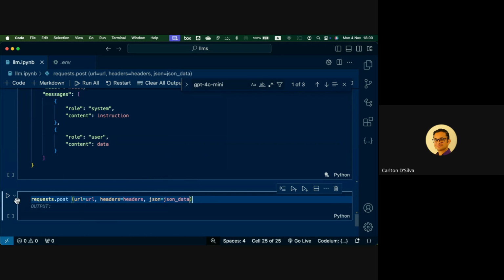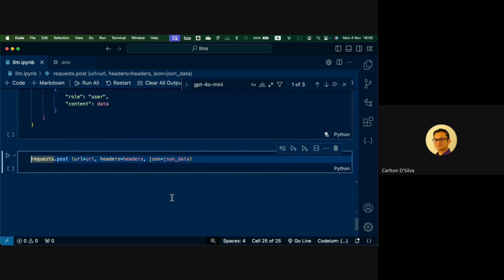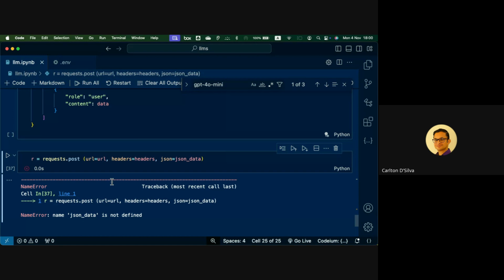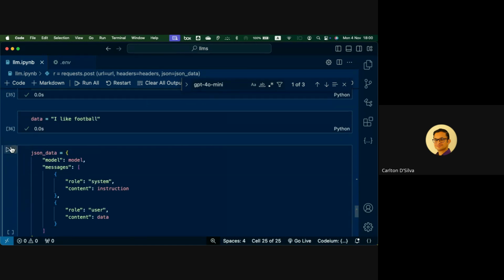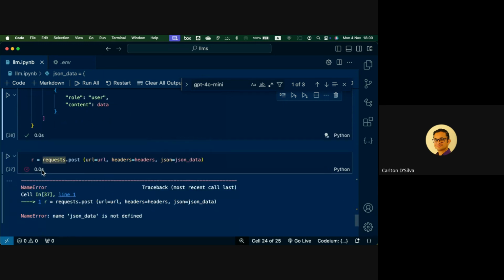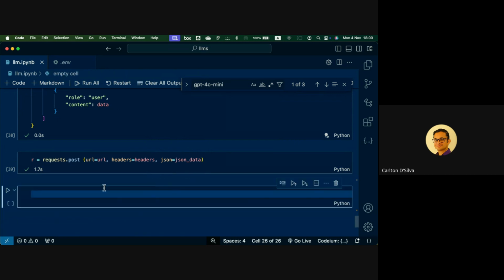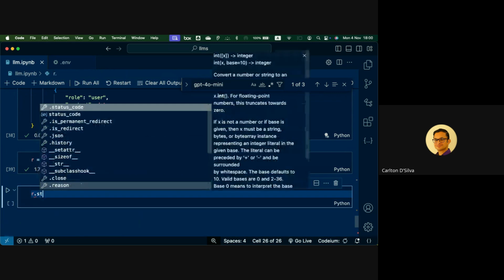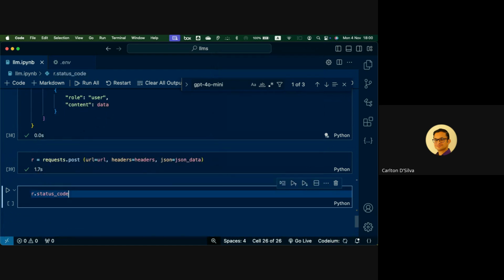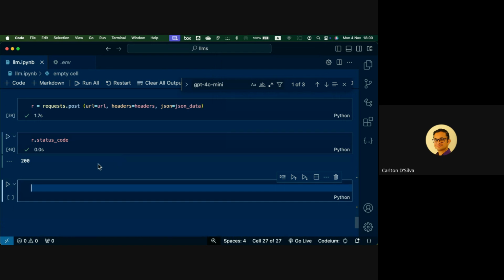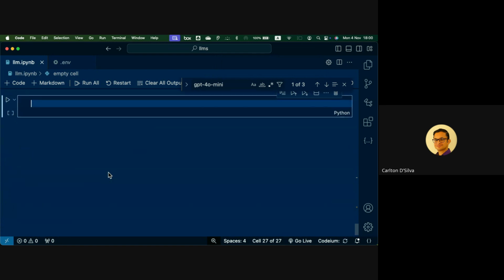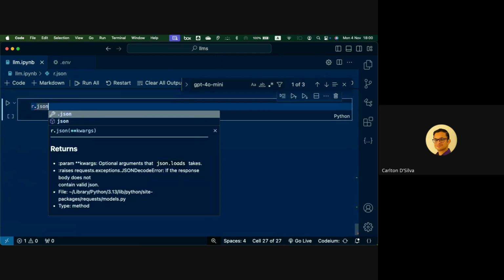And of course, we want to save the response somewhere. So we'll say r equal to, not defined. Oh, right. Sorry. Right. Now let's try. Okay, something's happening. Let's see. Okay, that's good. It means our request was good. And now let's see what actually came back. Moment of truth.